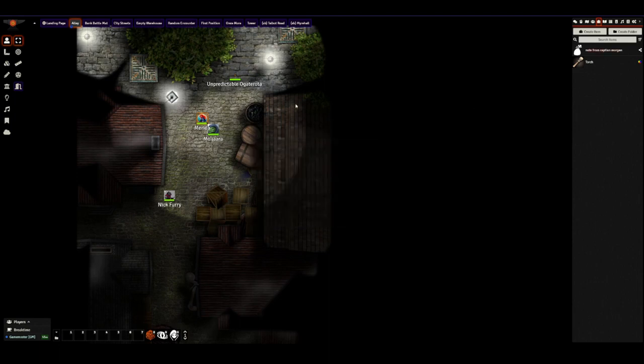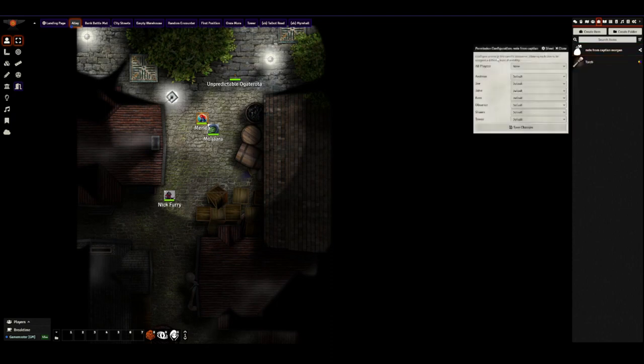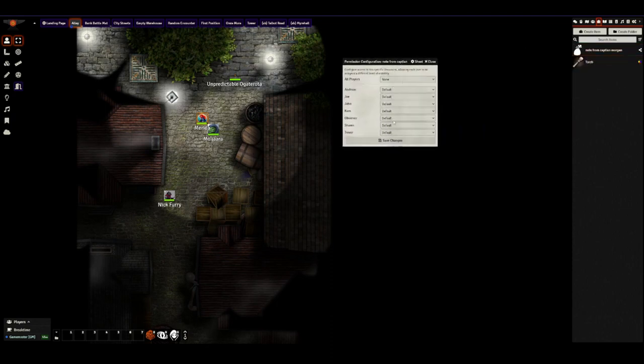Now you could right-click and say configure permissions, and either give that player owner, or even observer, I think is good enough. Or you can say all players observer,